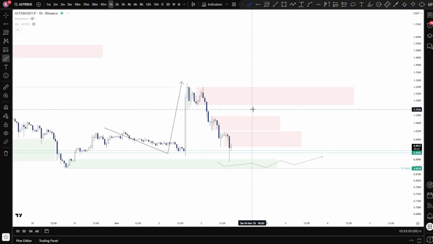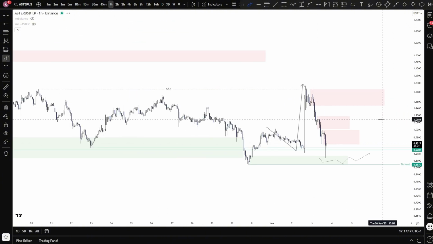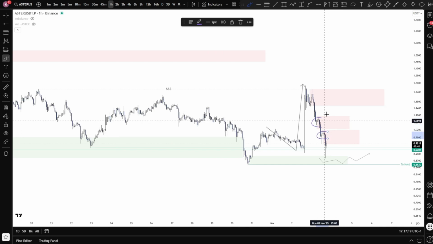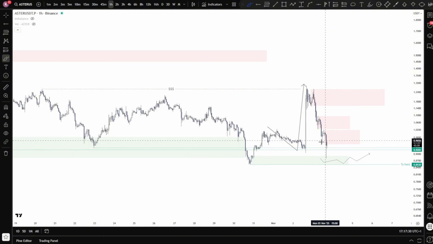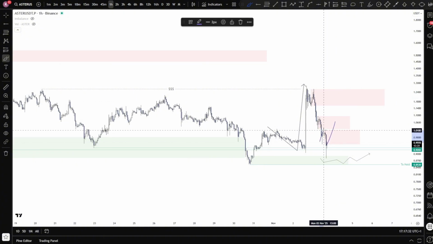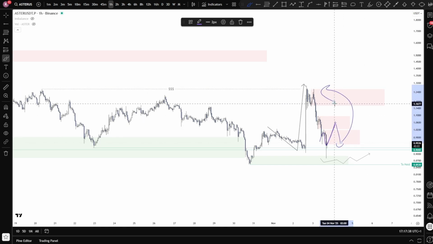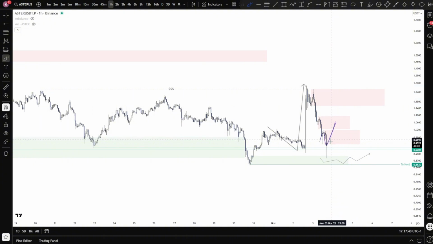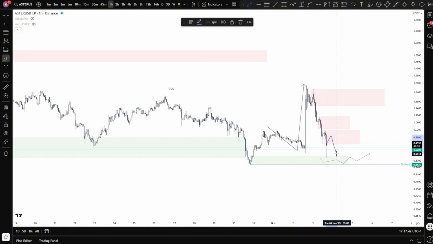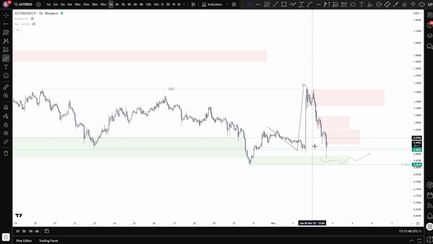And that is because if we zoom in lower, we can see these three supply zones here. They're all untested, which shows strength towards the downside, okay? So first thing we need to do is we need to gain structure. If we do that, we can expect higher low for new higher highs. But for now, we cannot expect it. No, we can just expect lower. So we need to be really patient on Aster at the moment,